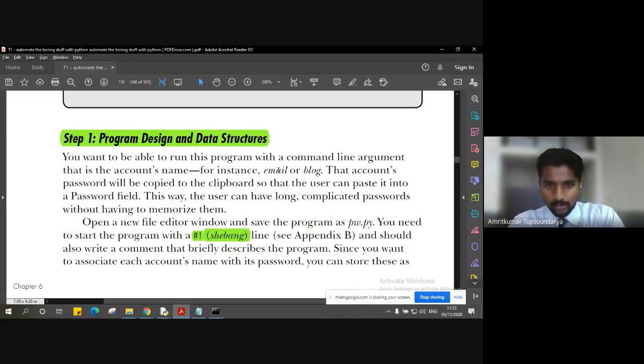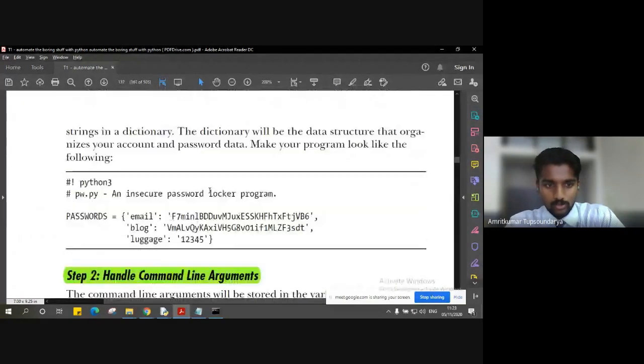For example, here the author has used the account as his email ID and its password. I mean, the account name is email, or blog, or it can be whatever, right? So for the time being, we are going to create a dictionary called passwords, and in that you can give whatever names you want. But the author here has given the accounts as his email, his blog, and his luggage.